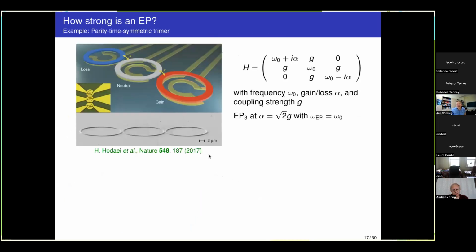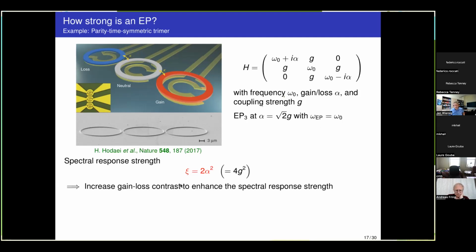Here's another example. This is the PT-symmetric trimer. Here's the Hamiltonian: omega 0 is the frequency, alpha the gain-loss contrast. So here's gain, here's an equal amount of loss, here it's neutral, and G is the coupling strength. Of course, we get an exceptional point of order 3 when alpha is fine-tuned to square root of 2 times G. Now we plug this Hamiltonian and the eigenvalue into our formulas, and we get that the spectral